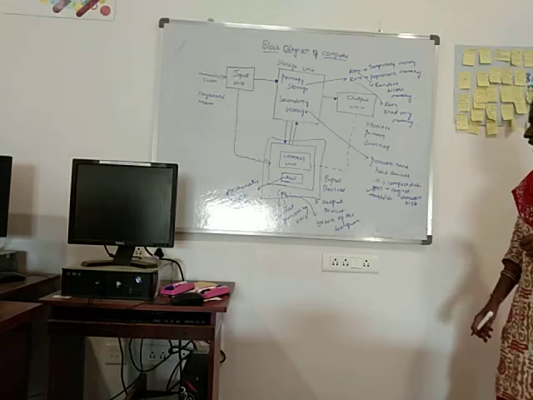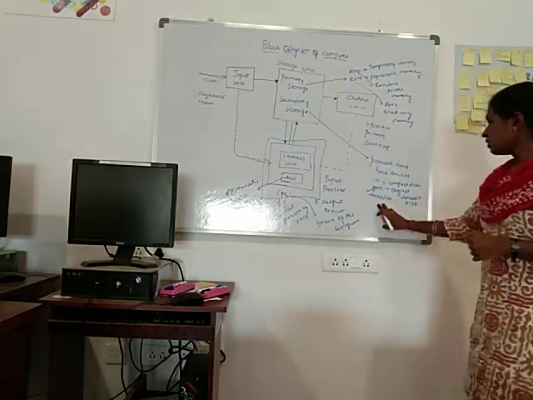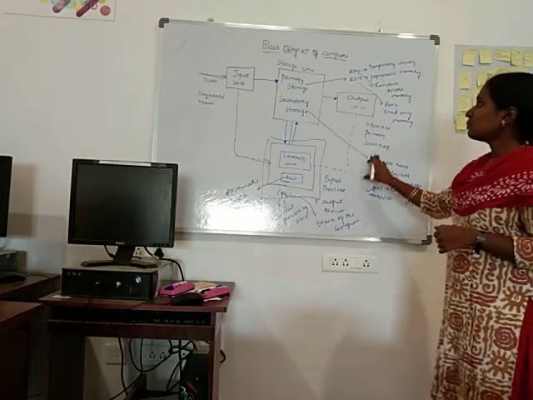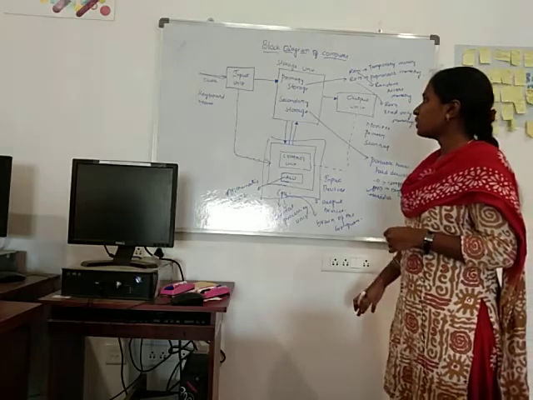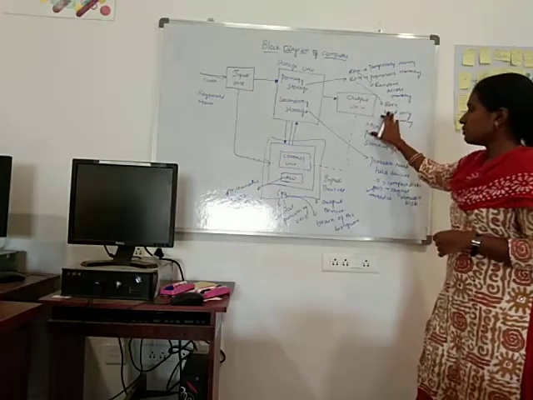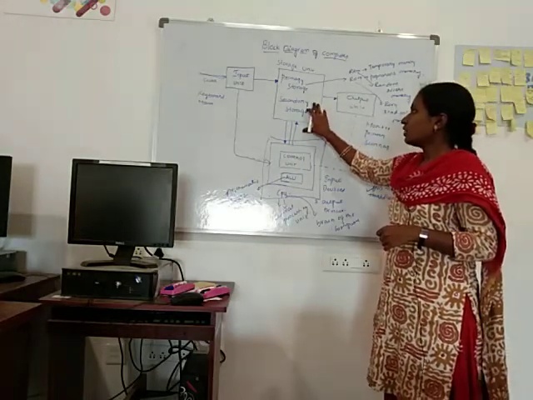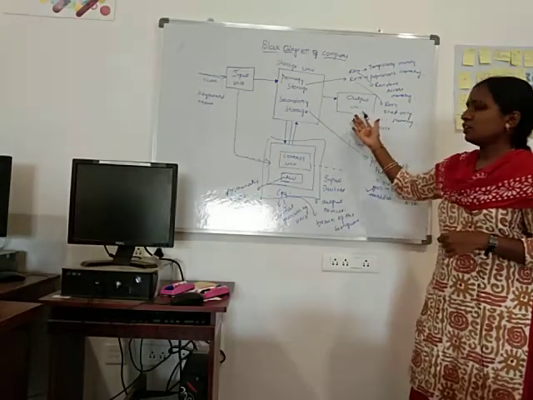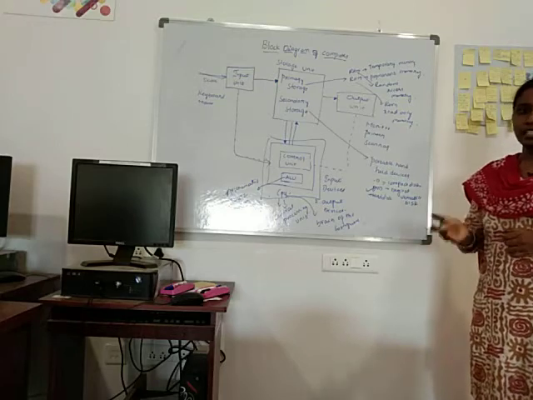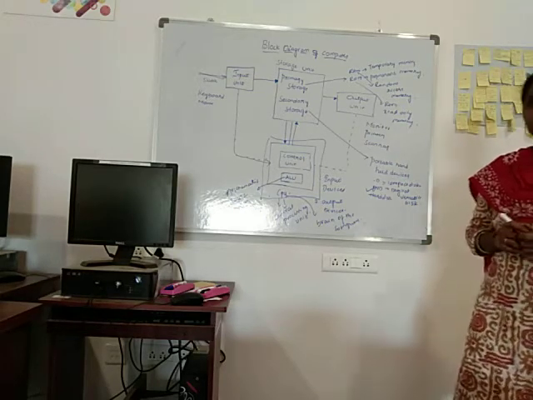Next, hard disk. Hard disk is very important in computer memory. It will store and hold a large amount of data. So this is about the block diagram of the computer. It consists of three main parts: input devices, output devices and CPU, and storage will store all kinds of data and it will give the result through output devices, so that the user can easily retrieve the output from the computer. Thank you.